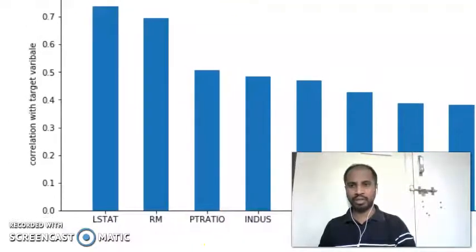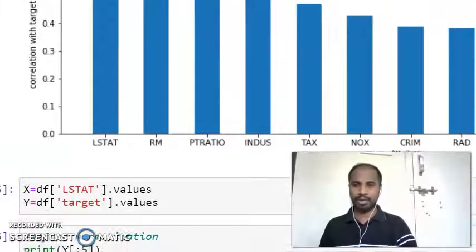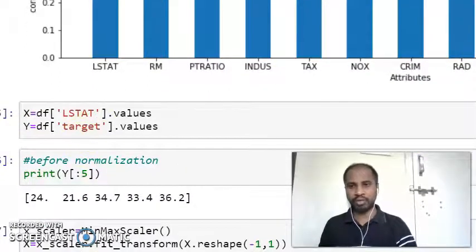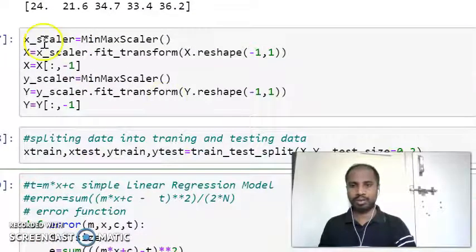So we can see here that LSTAT has the highest correlation. So we will use LSTAT as X and the target value as Y. With this command we are normalizing the X data and the Y between -1 and 1.